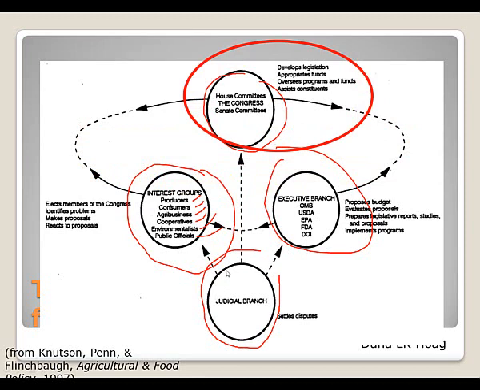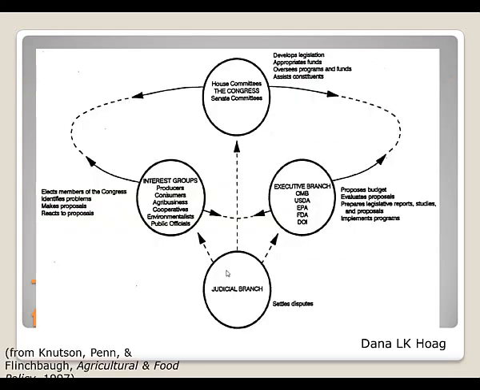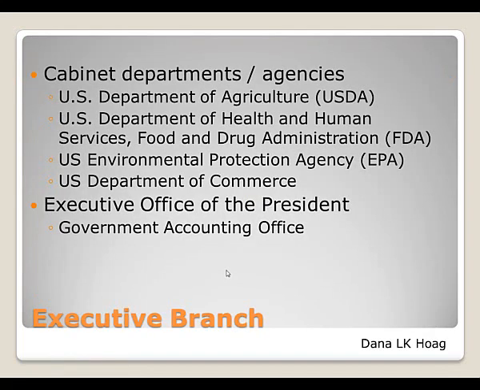Again, I'm going to go through this really quickly. So if we start with the House committees and Senate committees, the legislative branch has a House of Representatives and a Senate. Let's not talk too much more about that. The executive branch appoints cabinets. That's what the U.S. Department of Ag, or the Food and Drug Administration, or the Environmental Protection Agency are. The president gets to pick the heads of those agencies when he or she comes into office.